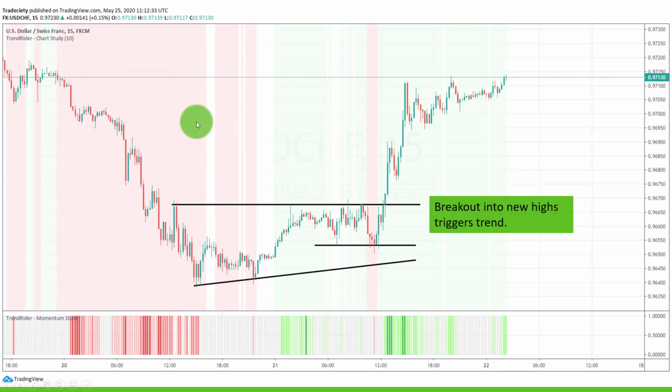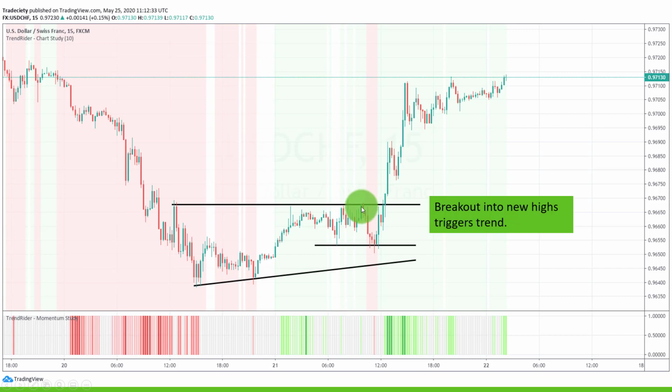Here we have a last example, great example on the US dollar Swissy. The downtrend was happening in here, and then afterwards the market entered a consolidation. We are able to define the trend line here, or the trend line helps us define the bottom, and here the last swing high of this downtrend helps us to define the resistance level,